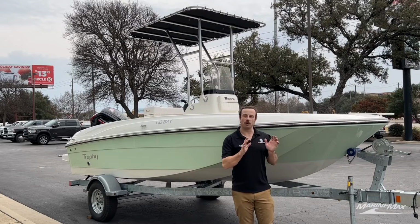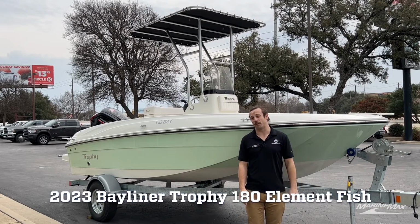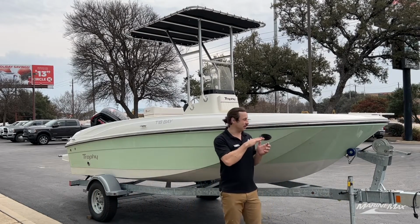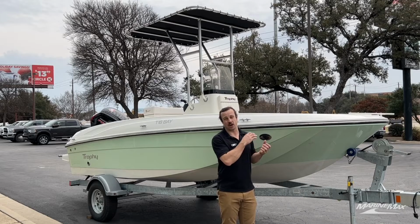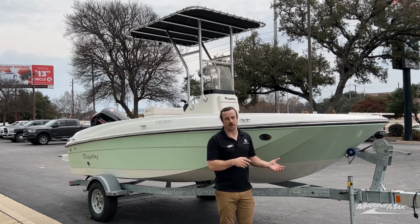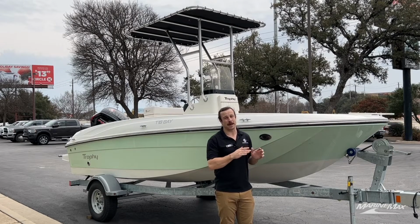I have a brand new arrival to show you. It's a 2023 Bayliner Trophy 180 Element Fish. This boat is a cross between the specific series that Bayliner has when it comes to getting all of your fishing needs taken care of, center console layouts, and the Element series with the M hull. So this is a very unique boat, does come with a galvanized swing tongue trailer, and is the best in